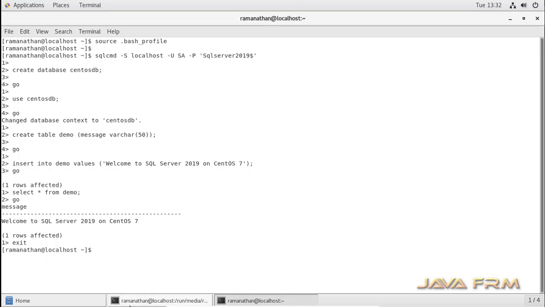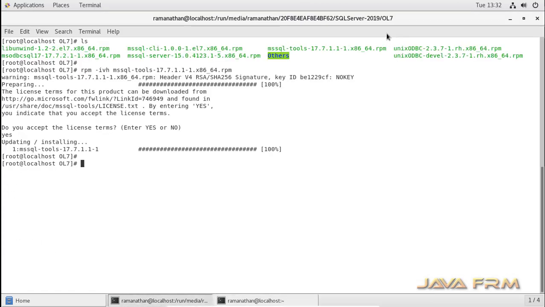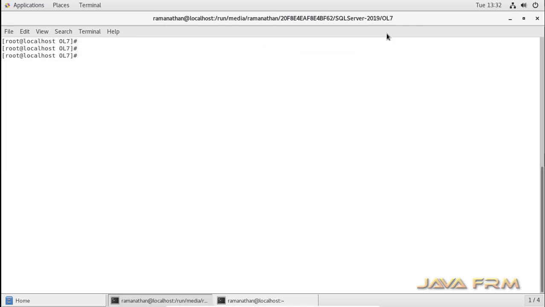Now I am going to unblock the ports 1433 and 1434. This is the command to unblock the port using the firewall.